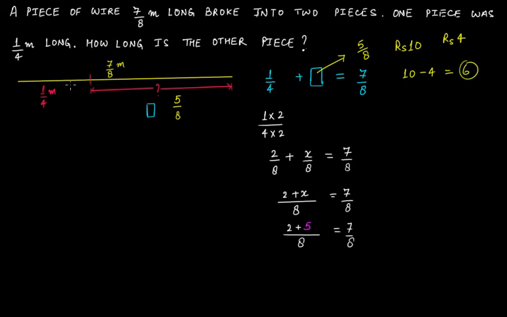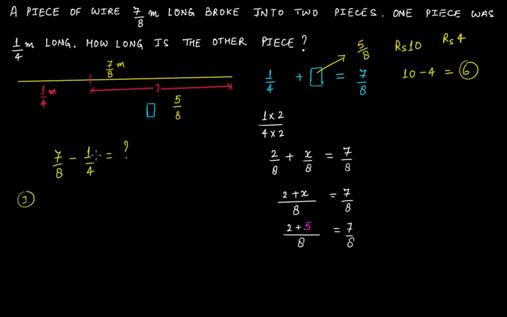So if this is 7 over 8, and if this is 1 over 4, then what are you left with? Whatever fraction you get will represent this particular piece of wire, equivalent to what we discussed here. So this is 7 over 8 minus 1 over 4, and if I convert this into its equivalent fraction, making it a like fraction,